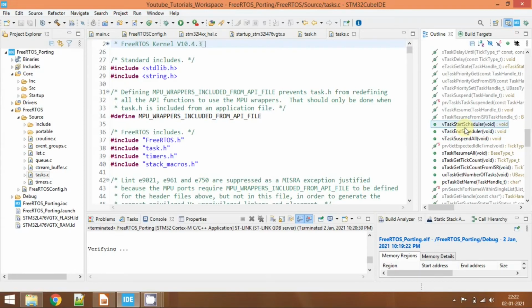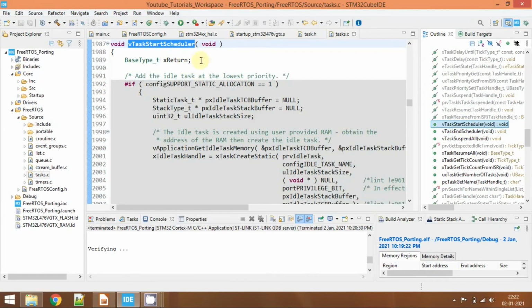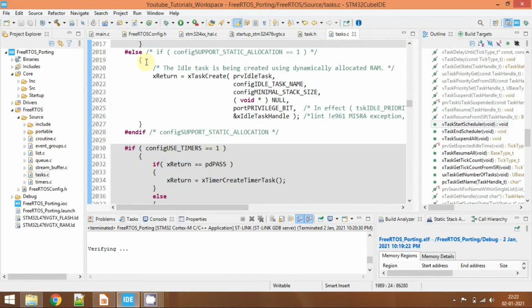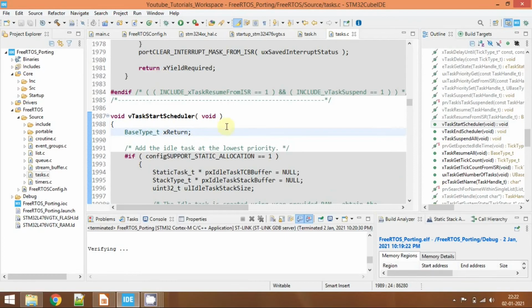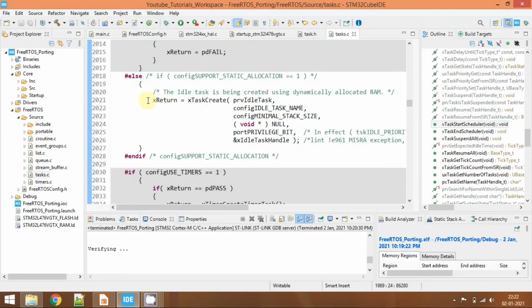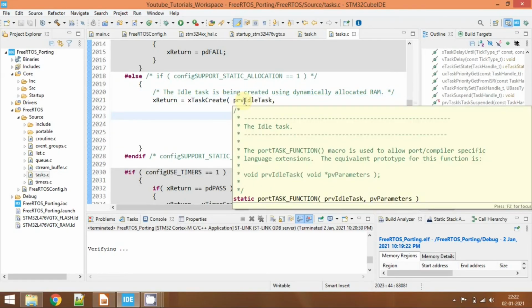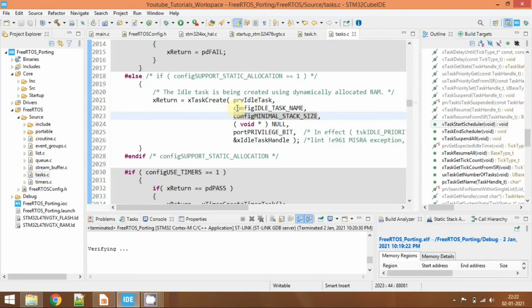vTaskStartScheduler, and if you go down, you see that once the scheduler has started, the idle task is being created using dynamically allocated RAM. This is the function entry name, and this is the function name.